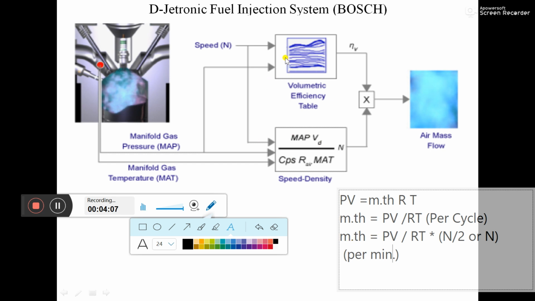Now to judge how much mass of fuel needs to be inducted inside the system, you should know the actual mass of air, and here we are only done with the theoretical mass. So in order to get the actual mass, we should take the effect of other phenomena like volumetric efficiency. This volumetric efficiency is calculated on the basis of your lookup table, or on the basis of your engine map. Those engine maps are fed into the permanent memory of your ECU.